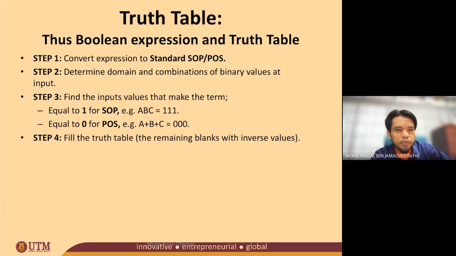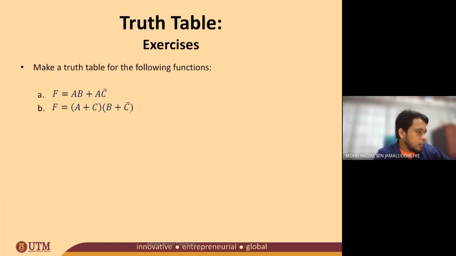Okay, so then you put the output, which is equal to 1 for SOP. Okay, this is actually representing the code. ABC 111, A plus B plus C is 000 for POS. And finally, you transform it into the truth table. Okay, so step number 2 is determine the domain, the equation maybe. Okay, so this example,